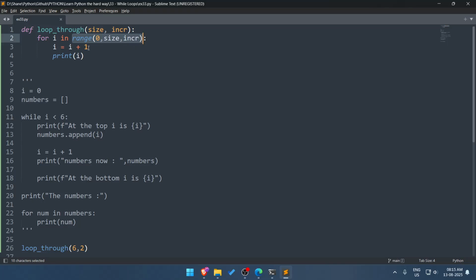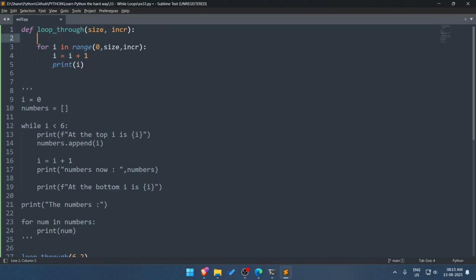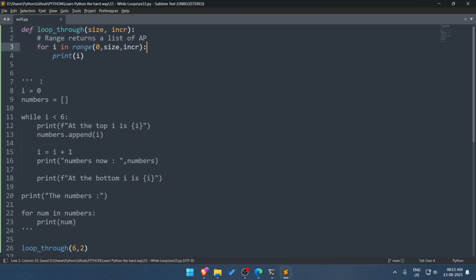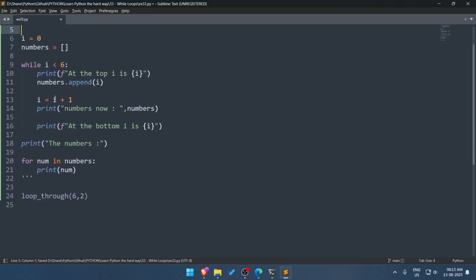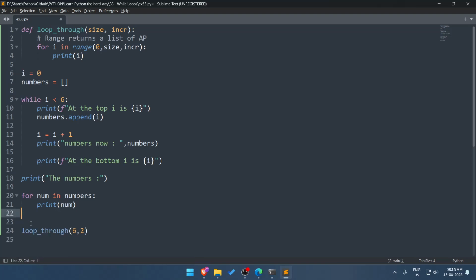Again the range. Okay, so this is the list of 0 to 5, and range returns a list of AP, is AP.